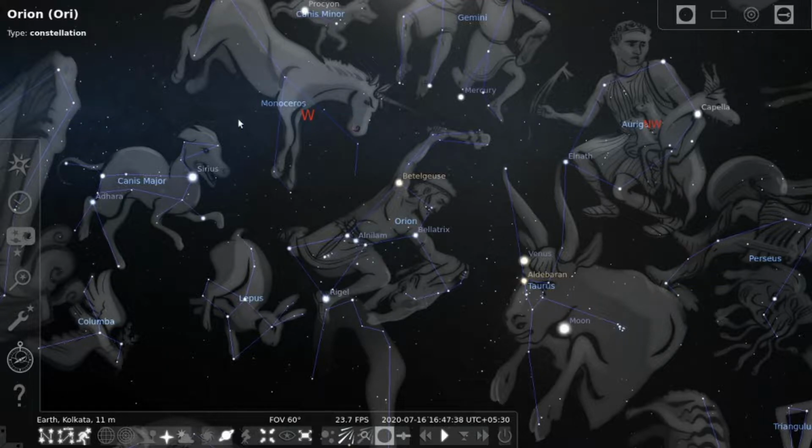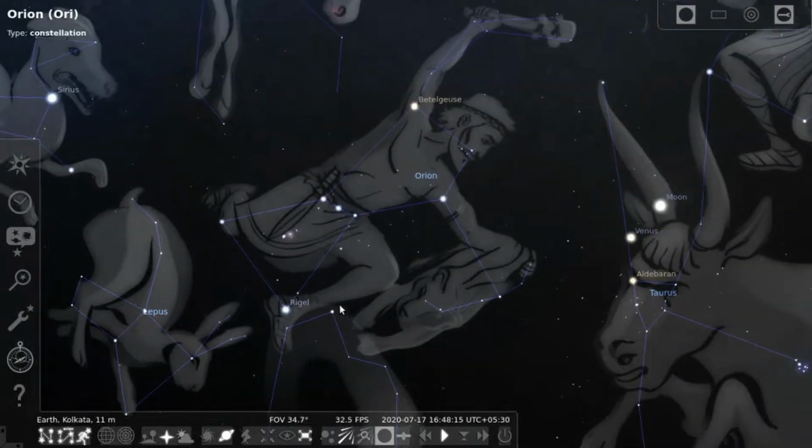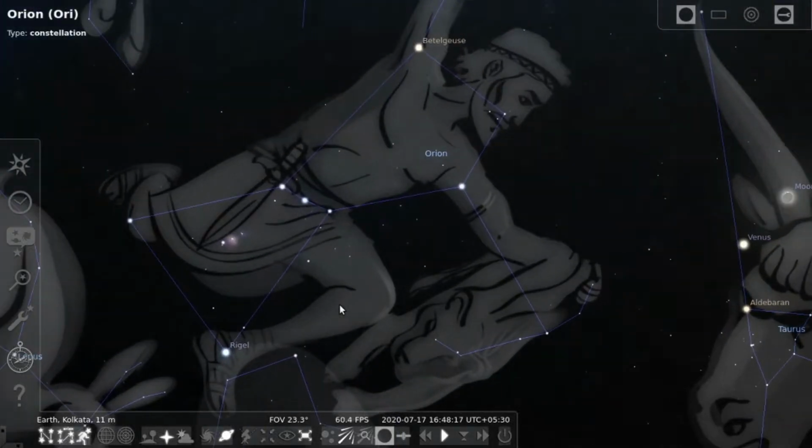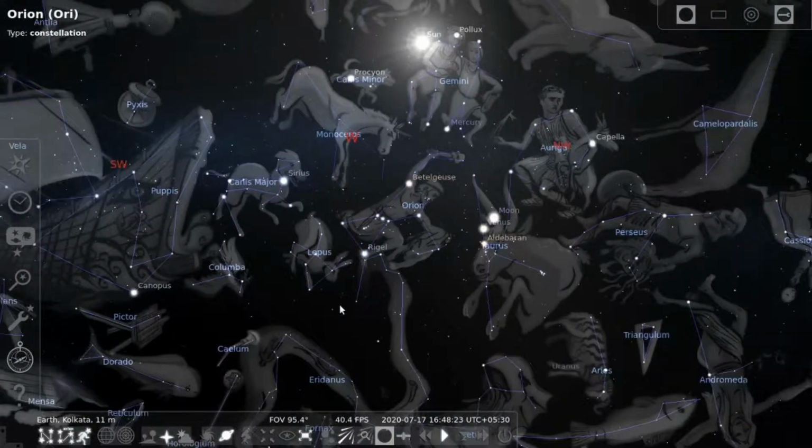By using several tools, we can view the stellar object. Then we can zoom it by clicking page up and page down keys in your keyboard. At the top of your keyboard, we can see two icons, page up and page down. If you click on page up option, we can zoom this particular constellation. If you click on page down, we can zoom out. So this is the first activity in Stellarium software.